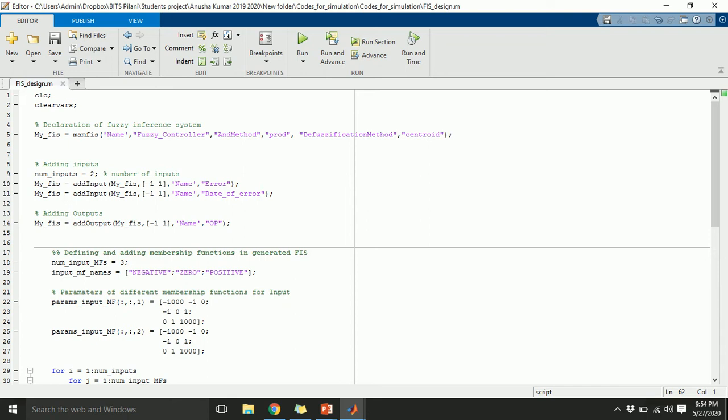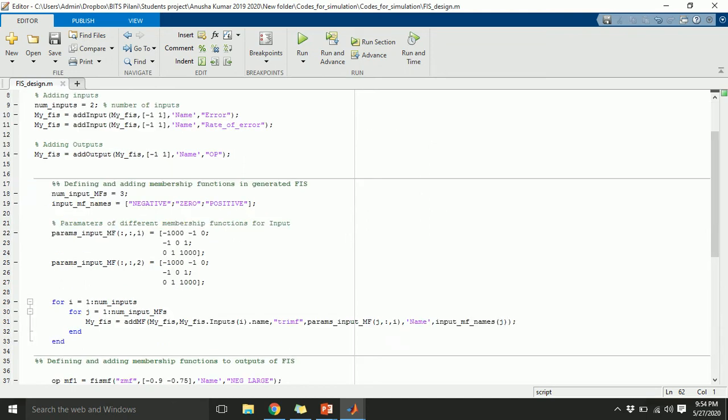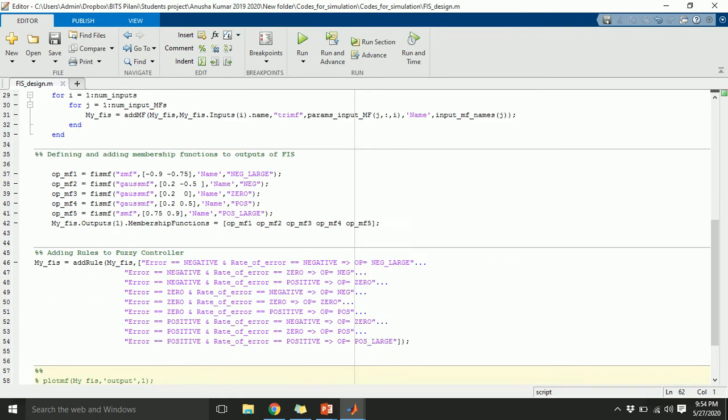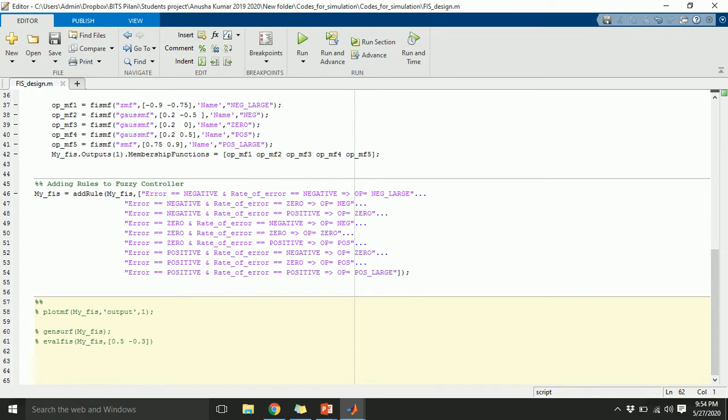Then we set the number of inputs, add the inputs, define different names, add the outputs, or simply one output in this particular case, then define the parameters for the membership functions for input as well as output, then add the rules. We also saw how we can generate the membership function variation and the surface, and how we can evaluate the fuzzy system for a certain combination of input values. Okay, now once you create this structure, let me run it for you.